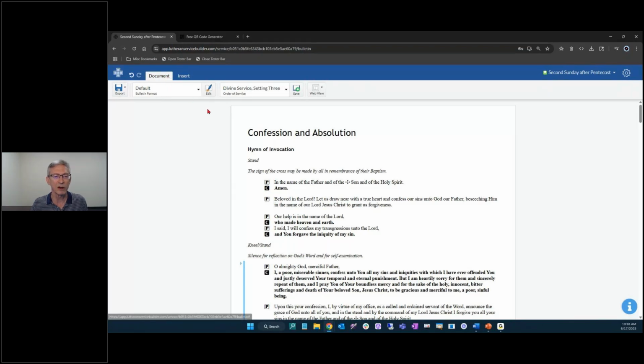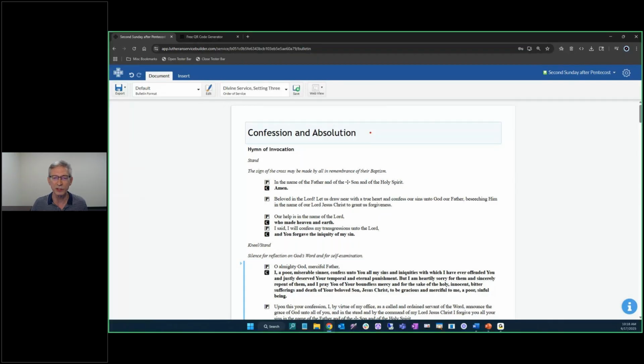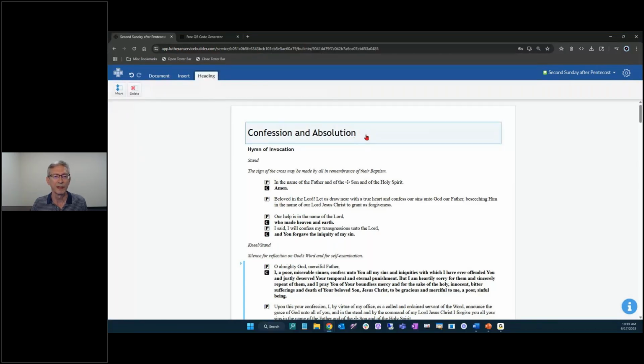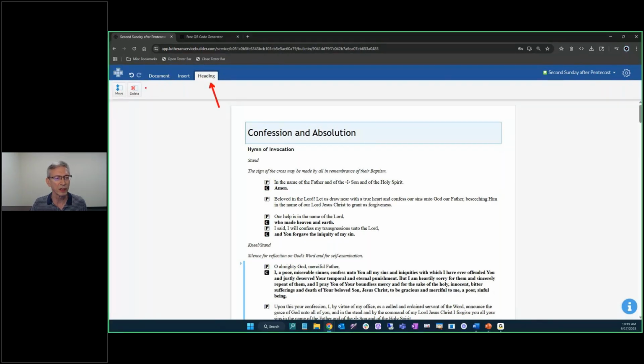So let's now proceed to go through this order of service, kind of element by element, and talk about what each element is that we're seeing on the page. So coming down here, just hovering my cursor over confession and absolution, this is considered a heading, and it is a little bit of a larger font. And if we click on the heading, then we'll see the heading tab appear,